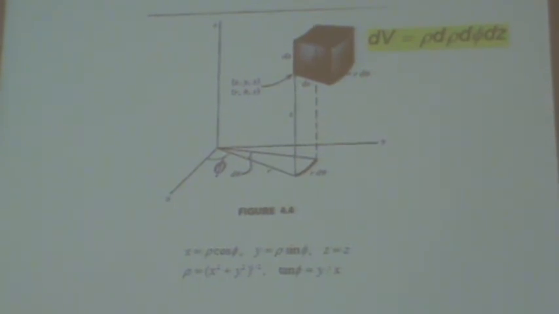So, I wanted to include this in the notes this time around because I just wanted to be sure that you had the specific forms that you need for various geometries. So, if a problem naturally falls into cylindrical coordinates, you look at it and say, oh, that looks cylindrical, or polar, then you should attempt to solve the problem in cylindrical coordinates. And the Laplacian in cylindrical coordinates looks like that, right? Where rho is the distance from the center. So the terms that I'm going to use